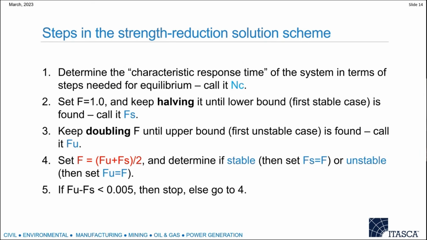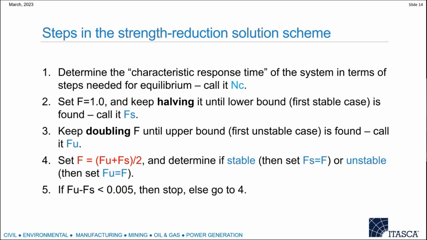Next, we set the factor F to 1 and keep halving until a lower bound is found. We call it Fs. So generally, if F equals 1 is not stable, then we make it half. If still unstable,